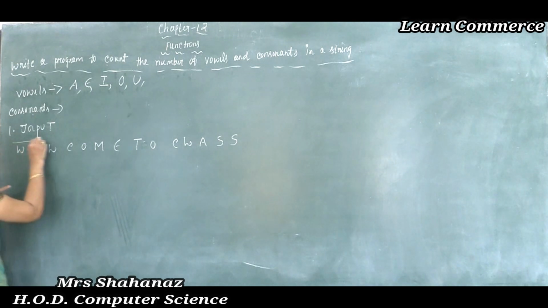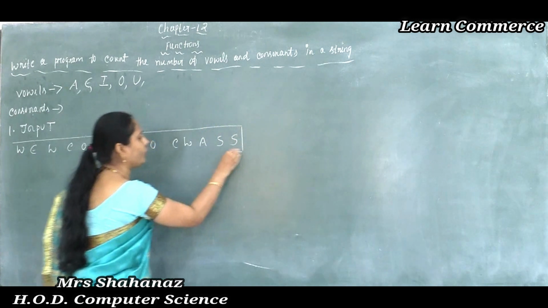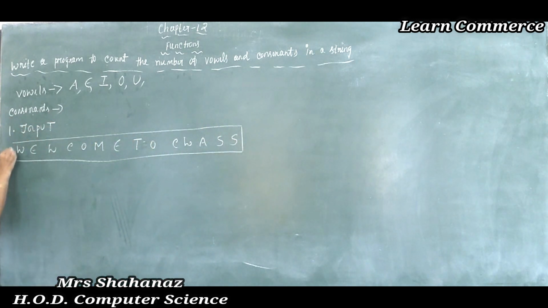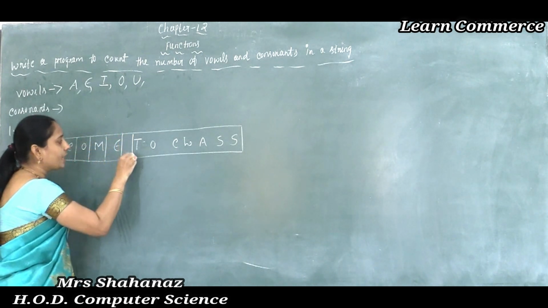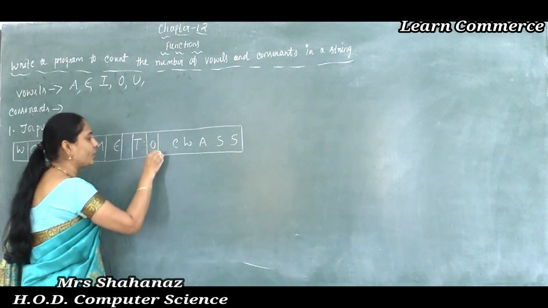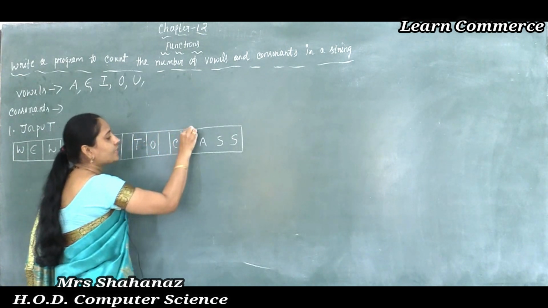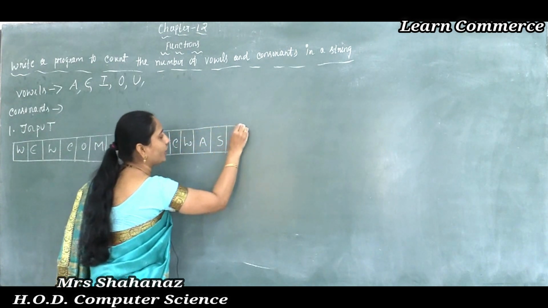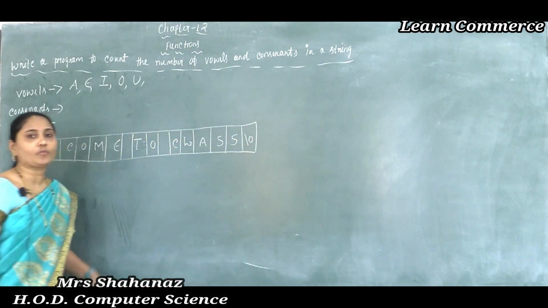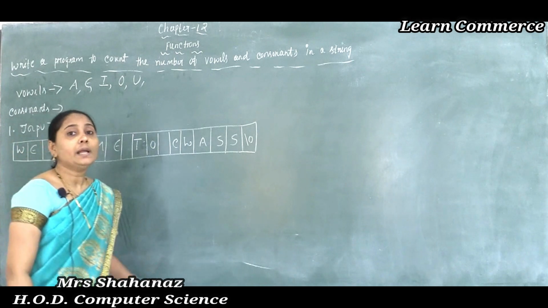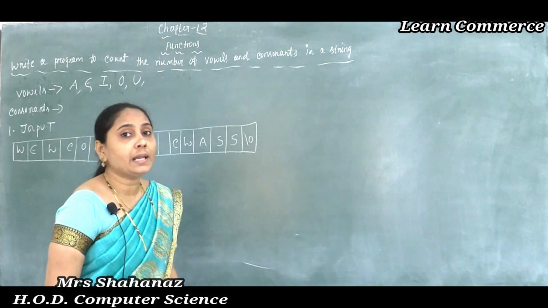Now in this case, this is the structure of the string, correct? The structure of welcome to class is WELCOME, then a space, and next also a space, then CLASS. And also we know that lastly the string of characters, or group of characters, is terminated by the null character.